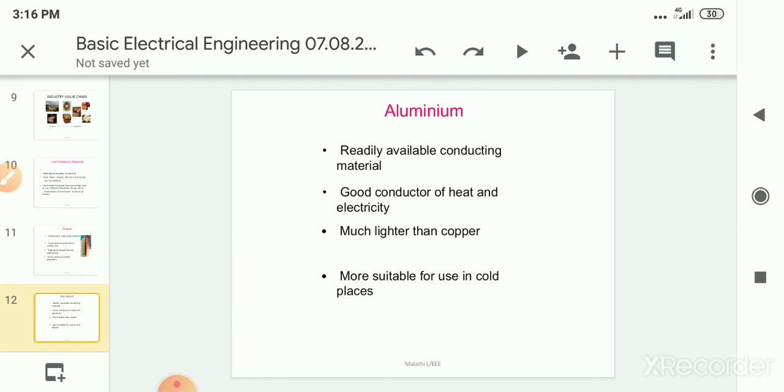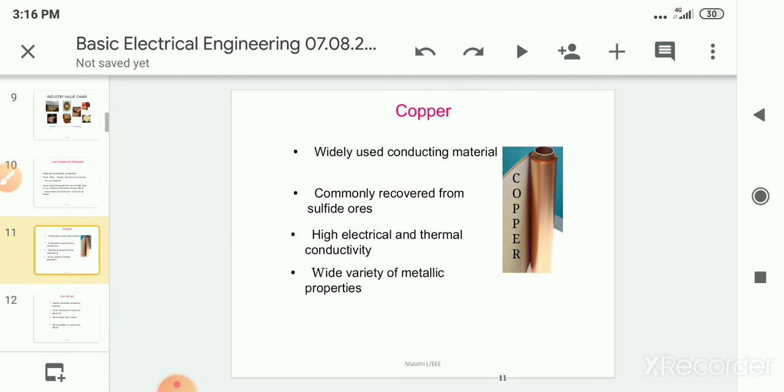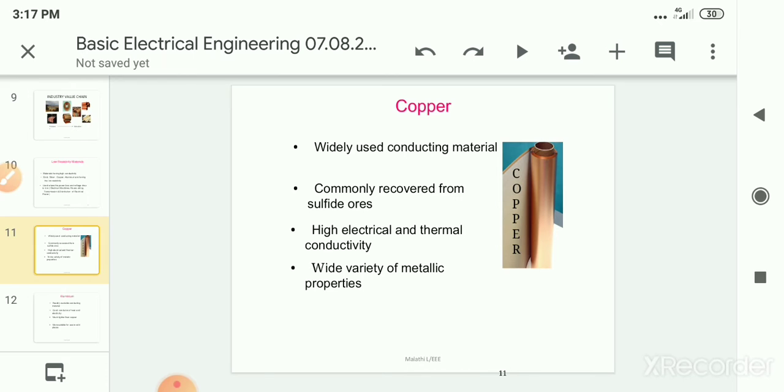Okay, up to now we are talking about copper. The applications mostly used for copper are cables for transmission and distribution of power, and it is used for windings of electrical generators, motors and transformers. It is used for making coils for many applications, and for overhead conductors and bus bars.